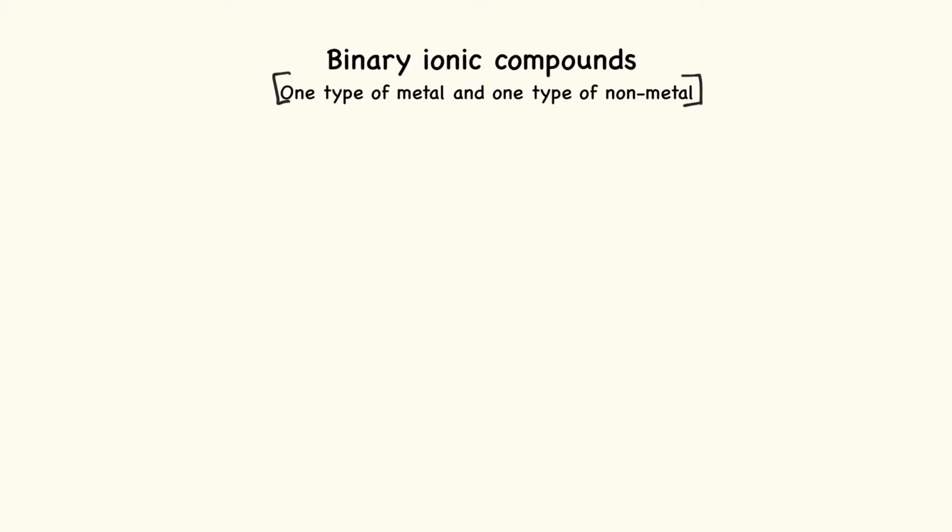Now that we have learned about the different ways to classify the ionic compounds, let us review the rules for binary ionic compounds. Remember that a binary ionic compound is a type of metal and a type of nonmetal. So for example, NaCl would be categorized as a binary ionic compound because there is only one type of metal and one type of nonmetal. Similarly,